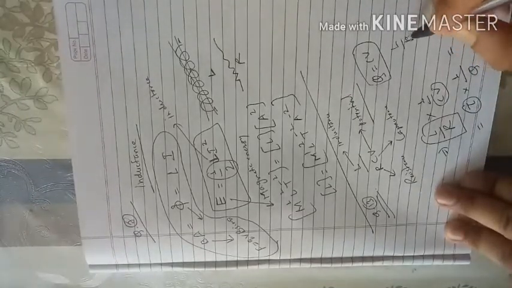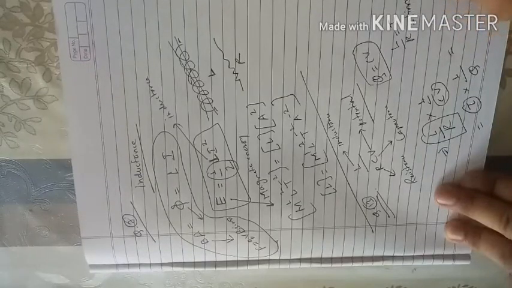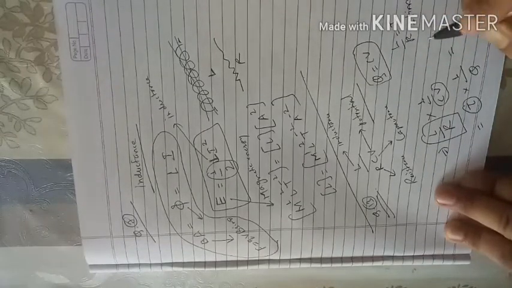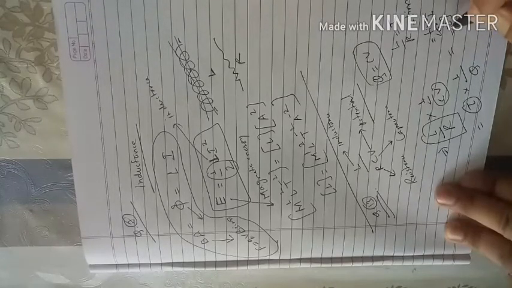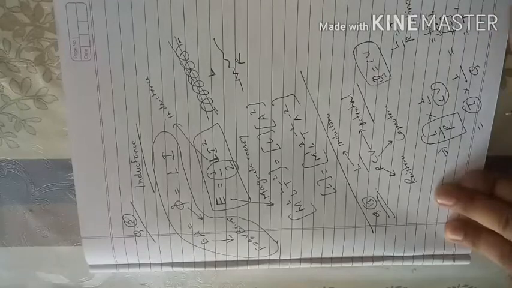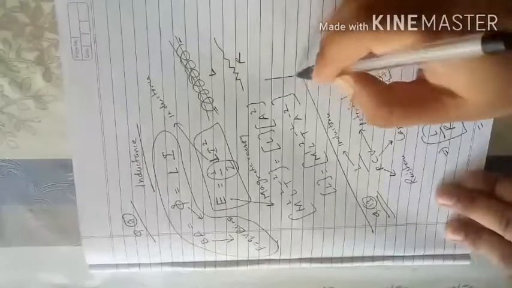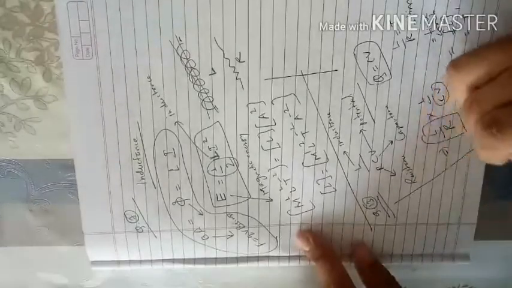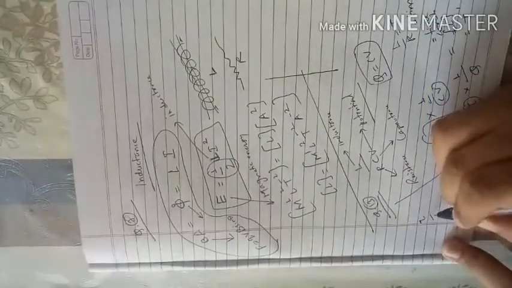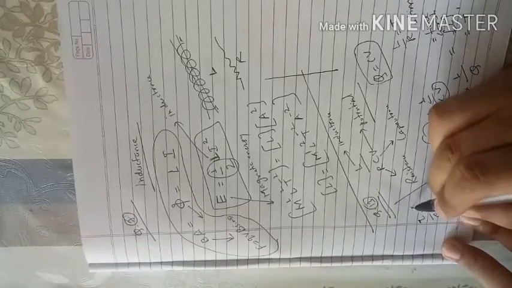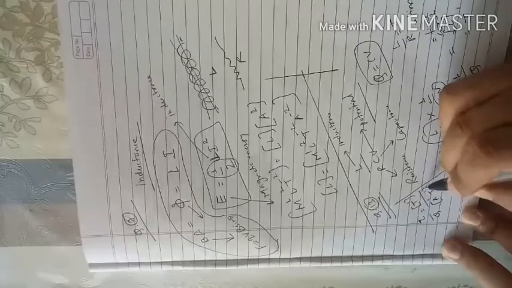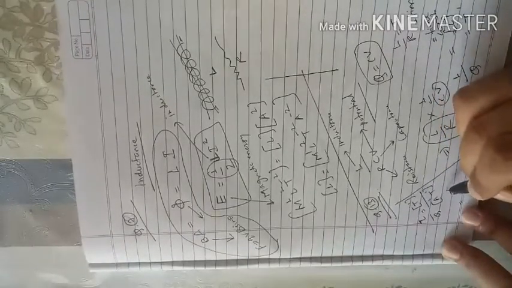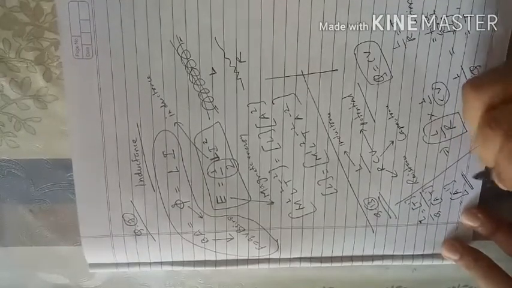What I've used is L by R is equal to tau. Tau is the time constant, which we'll discuss later. Basically you can just take its dimension: the dimension of tau is T raised to 1. So this basically becomes tau by Q. The dimension of tau, the time constant, is T raised to 1, and for charge it is current into time, so A raised to 1, T raised to 1. So overall it is A raised to -1, and this is the answer.